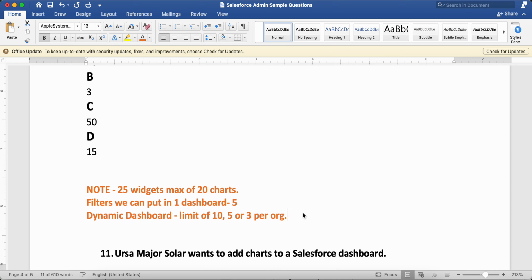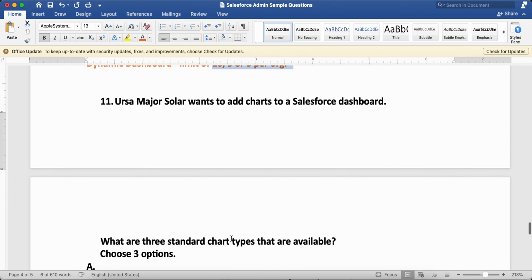It depends on what kind of edition of Salesforce we have, but it can be a maximum of 10 or 5 or 3. Sometimes this question will come, and they will give one more option like 4 or 7, which does not exist, so you can mark that easily.